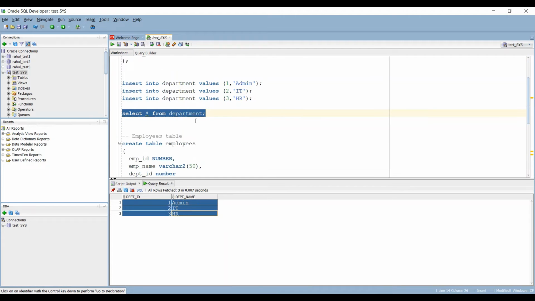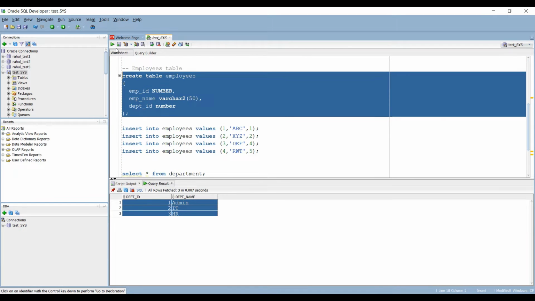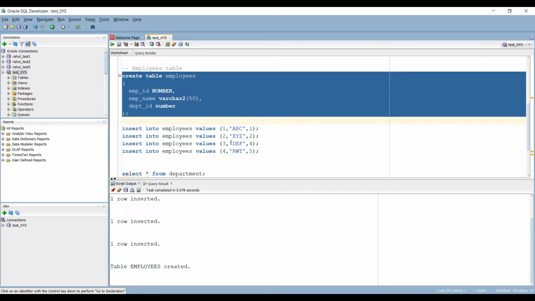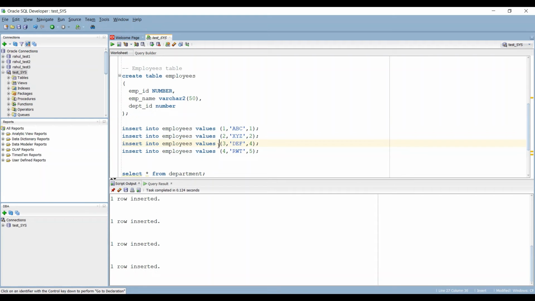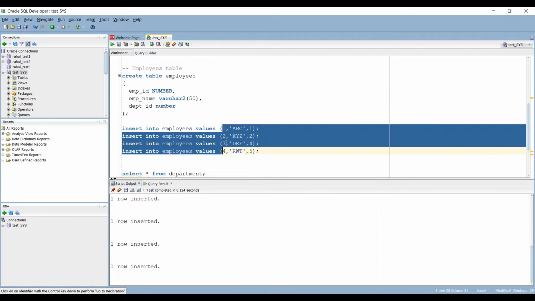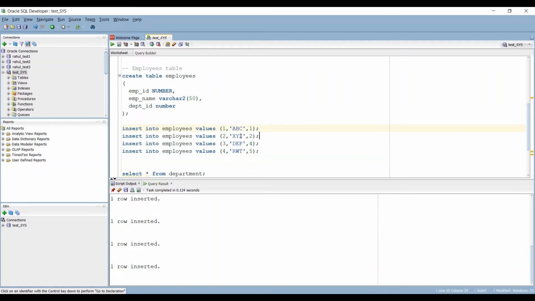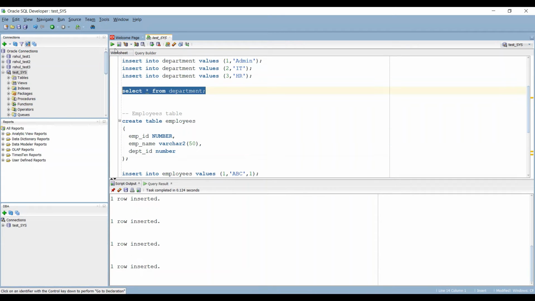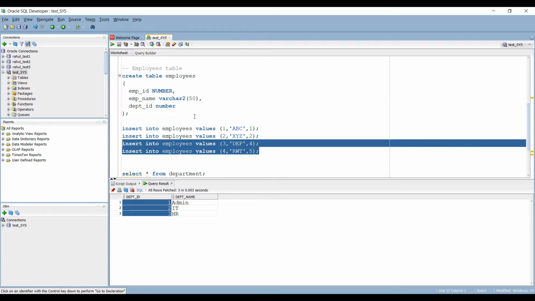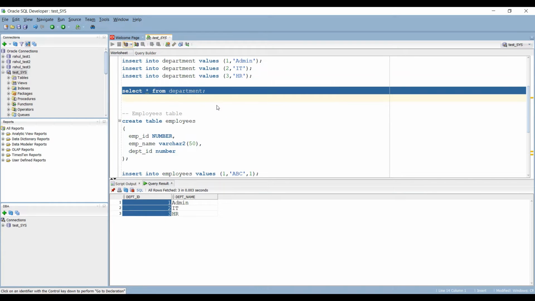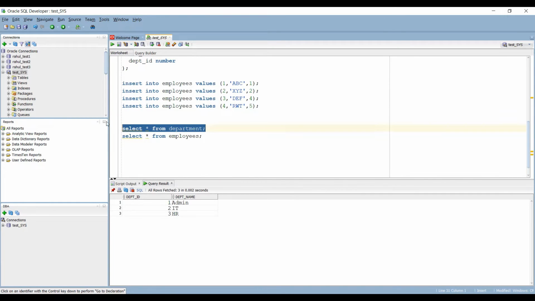Three departments are there. Now we are creating the employees table, with no constraints on that, no unique key, primary key, or foreign key constraints. And we are inserting four rows, four employees, 1, 2, 3, 4 with these names, but with departments 1 and 2 and with 4 and 5. In the department table, only three departments are there, 1, 2, 3. So the last two rows have departments 4 and 5, which are not present in the department table. Just remember this.